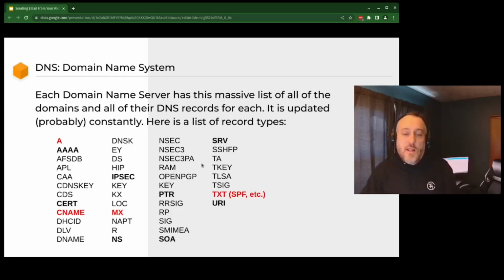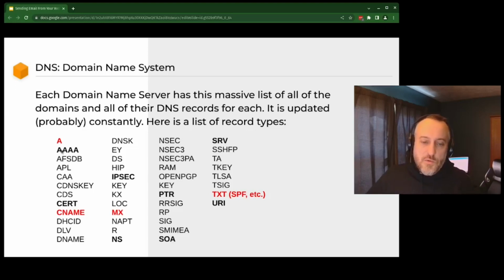DNS does a lot of things. For example, I have things in here that are bolded or red, bold and red, or just bolded. Those are DNS records that I deal with regularly, like your A record, your IP version 6 record, your MX records, your CNAMEs and TXT records.